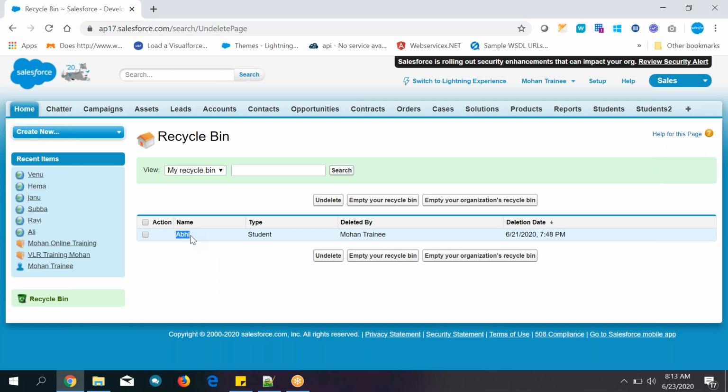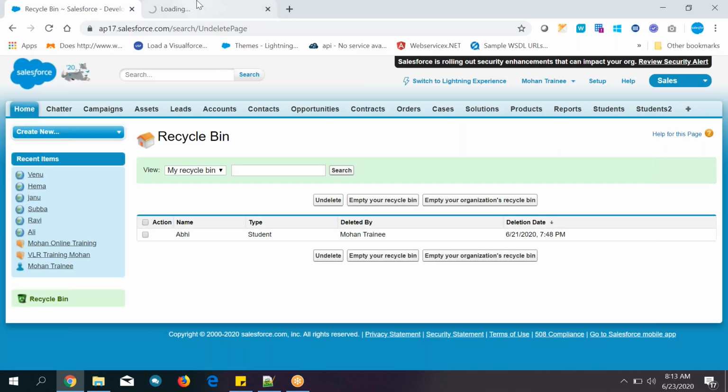So how to get that data? You need to create a case with salesforce.com. I told you right, help is there, right? Where is the help? You need to click on the help and you need to create a ticket to the salesforce.com company. Okay, and you can mention that I have deleted this data, I want to revert it.